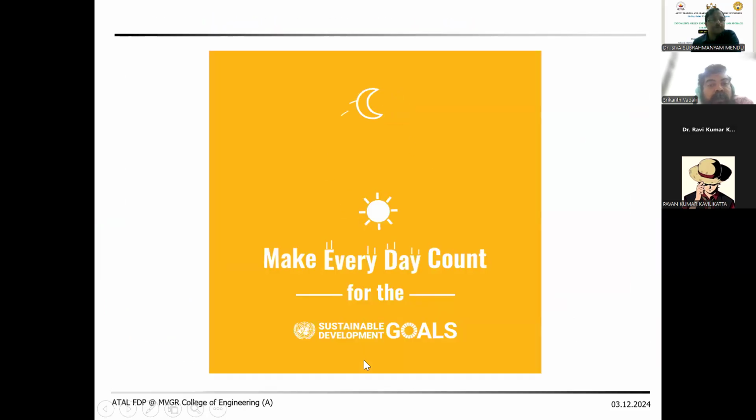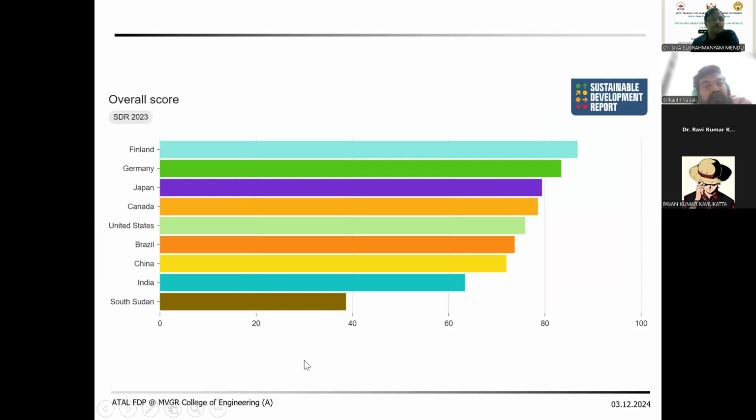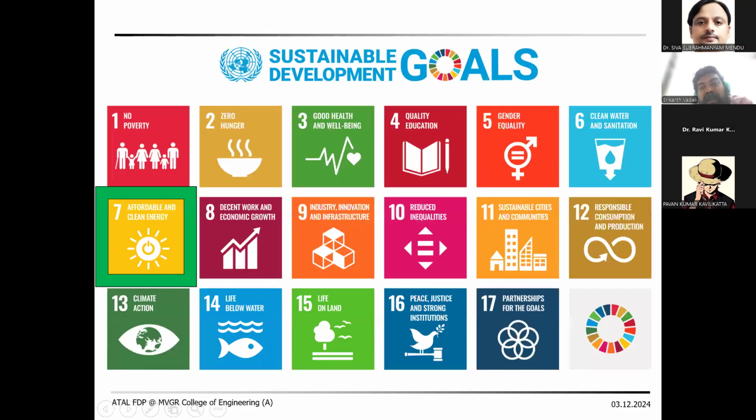Okay, so the seven is very important. Let's see how we are doing in the overall score in India. Okay, so unfortunately, we were to achieve these SDGs by 2030. Okay, and we are now in 2025 or 2024, and we are not even close to 50% overall in the world. But the idea was to achieve 100% by 2030, so that while expending, while storing, while transporting so much energy, we are actually protecting our planet in various aspects.